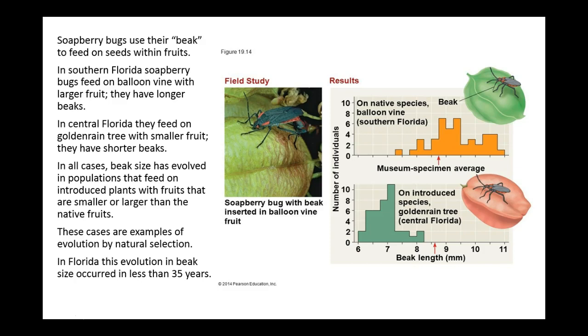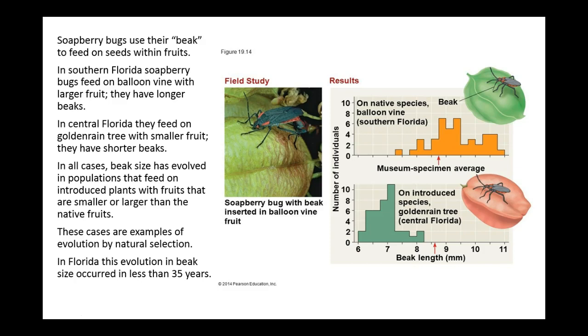And so this soapberry bug, what has been found is that you have the same bug, and those that live in an area where this balloon vine has been introduced to their environment have evolved a longer beak. This longer beak is because the fruit of the balloon vine is larger. The beak is a little bit longer so that the soapberry bug can actually insert the beak and then get the nutrients out. This is an introduced plant, and this is an evolution that's happening with regard to an introduced plant,